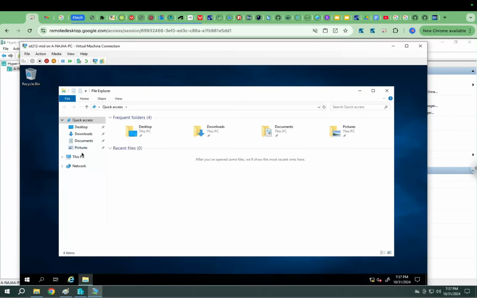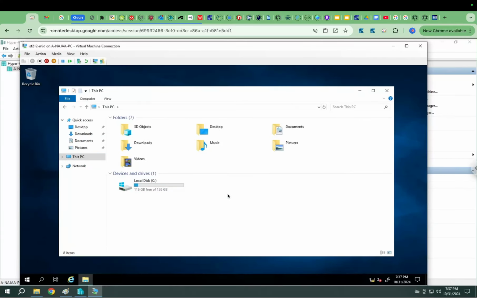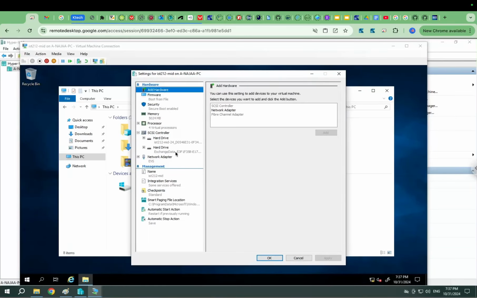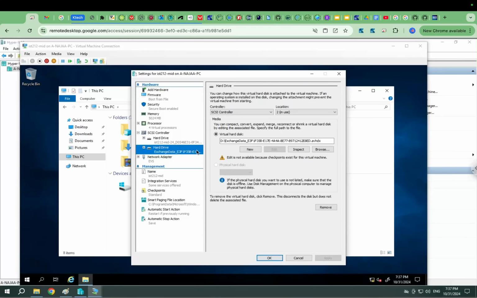Let's go to the Exchange data. Of course, as you can see, lab 4 is not finished after attaching the VHD. Attaching the VHD is part of lab 4. To complete lab 4,